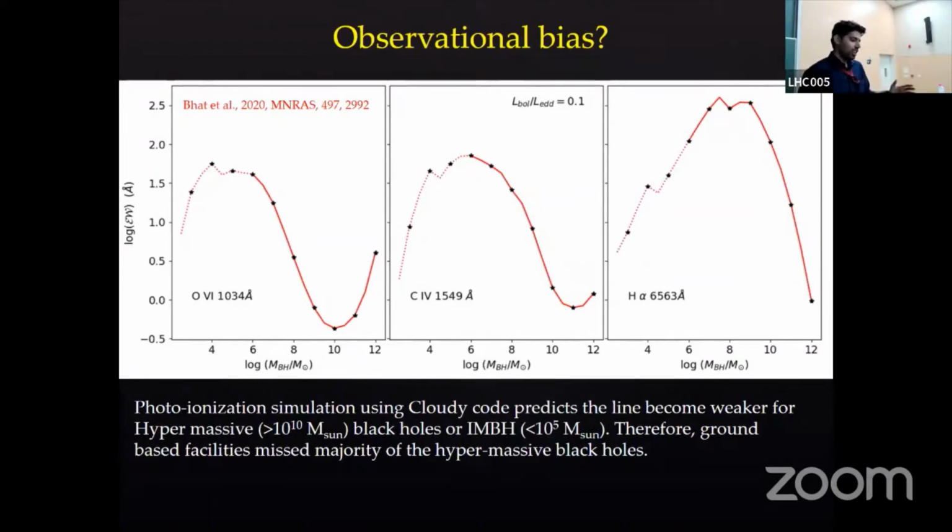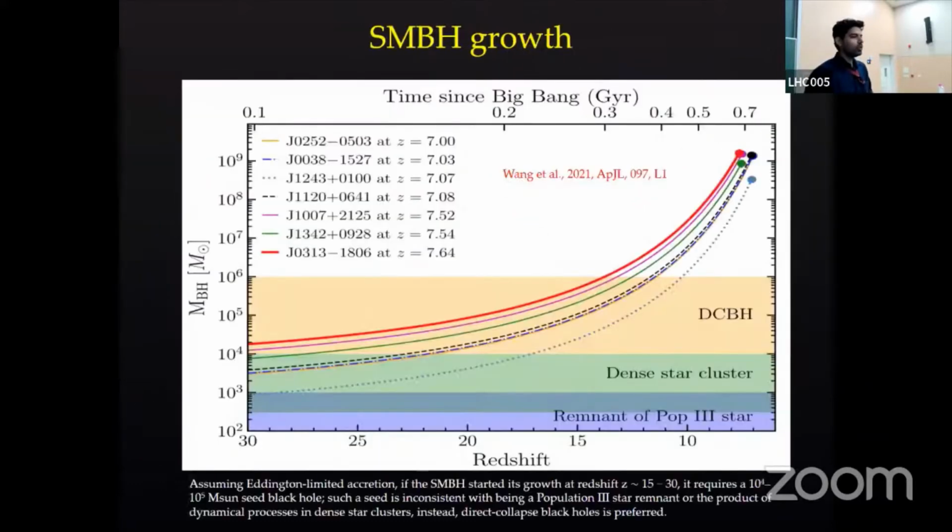Okay, so if this is true, then we could expect more hypermassive black holes in the universe. But then again, how do you explain how they form? Because if you want to form a hypermassive black hole at high redshift, then the black hole has to grow up to that redshift, right? From a small black hole to a large black hole. So here, this plot is actually showing all the known